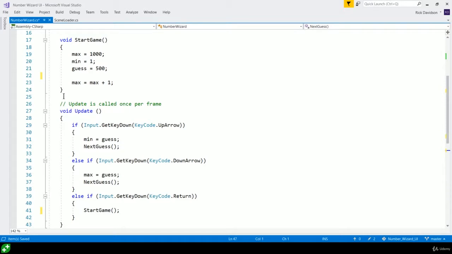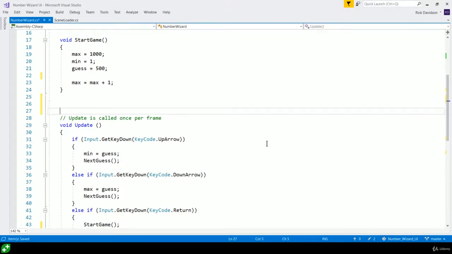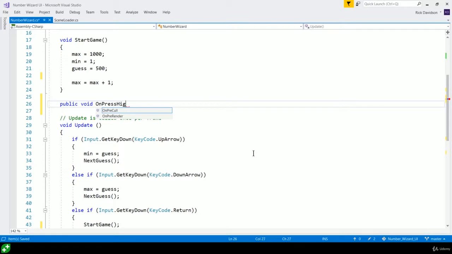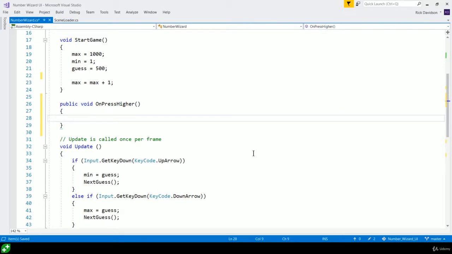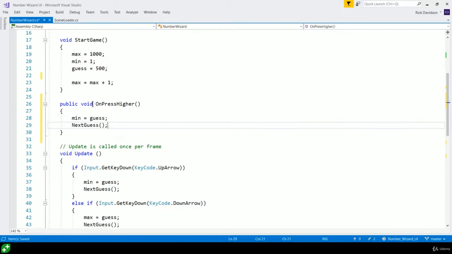So we'll do that right above where we currently have update. We'll be deleting all of update in a moment, but for now we will start by creating public void onPressHigher, parentheses, and then our curly braces. We need to do exactly the same logic that we're doing when we push up arrow. So I will grab the min equals guess and next guess method, copy that, paste it inside my onPressHigher